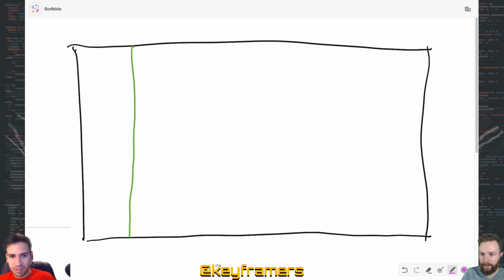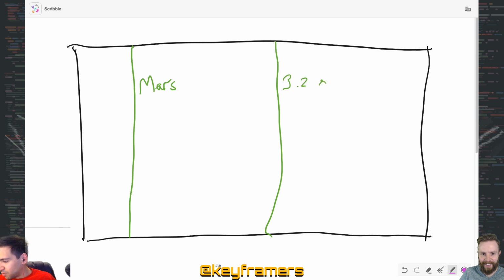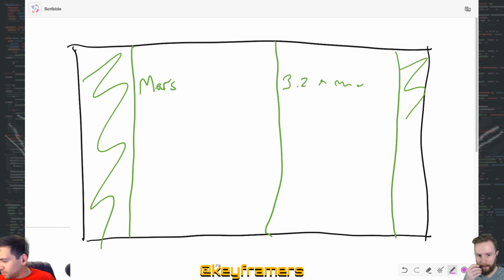So I'm thinking like we have a grid row there. And this is for, like, let's say, Mars, right? And then we have another one here. And then 3.2, whatever other information. And then one here as well. So this is just like sort of a dead zone. Nothing lives there. But also, as far as rows, we have